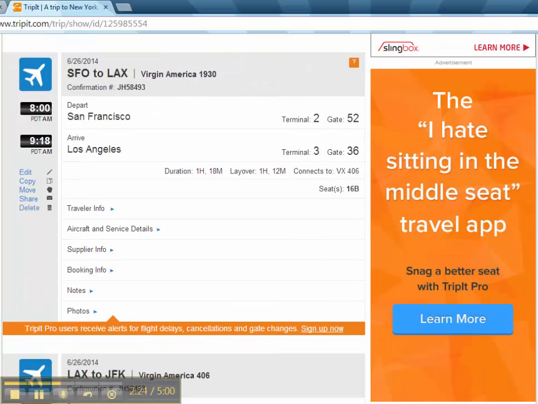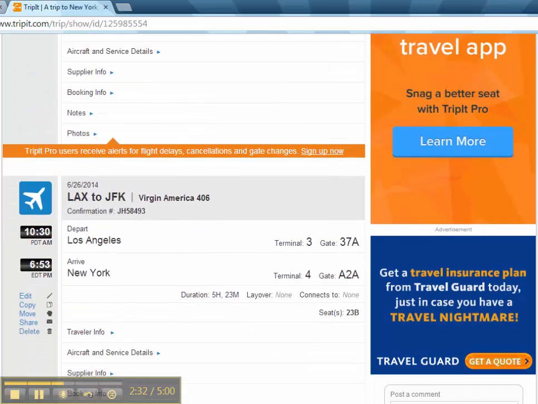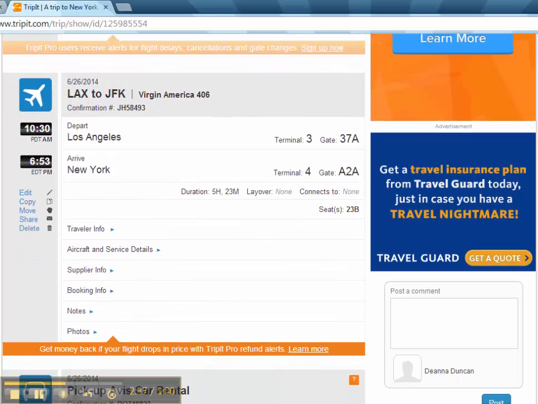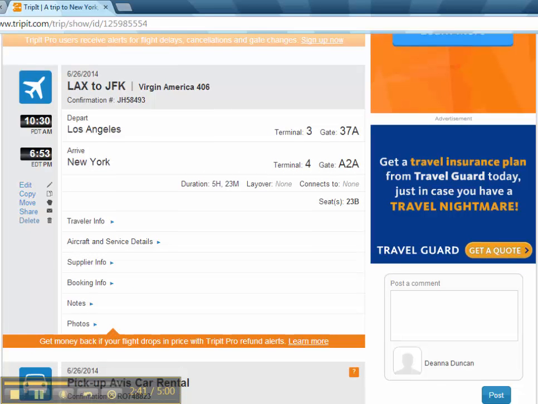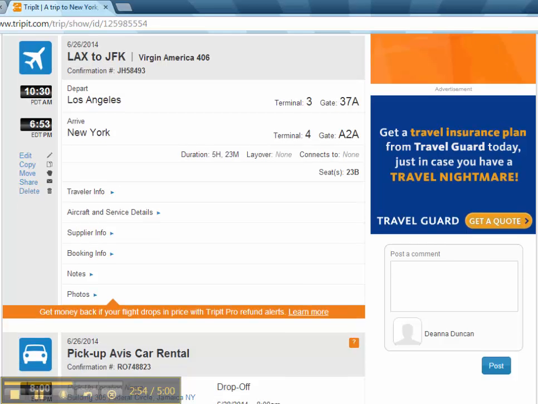So my first one is that it has the airport's confirmation from San Francisco to LAX, and then from LAX to JFK. And as you can see on both of those confirmations, it does also state the confirmation number, as well as the terminals, the layovers, the duration of the flight. And what's great is that you have this information now at the palm of your hand on your mobile device. You don't have to ruffle out those papers anymore trying to see which flight is which. You have it all right on your phone.